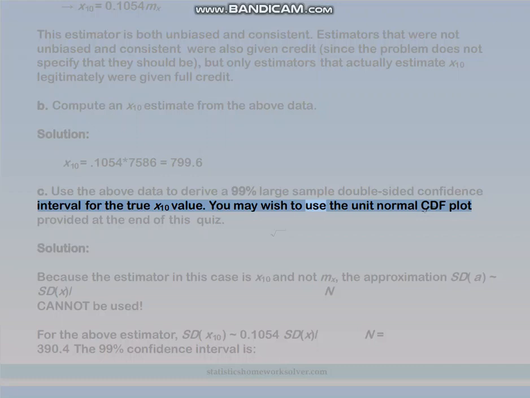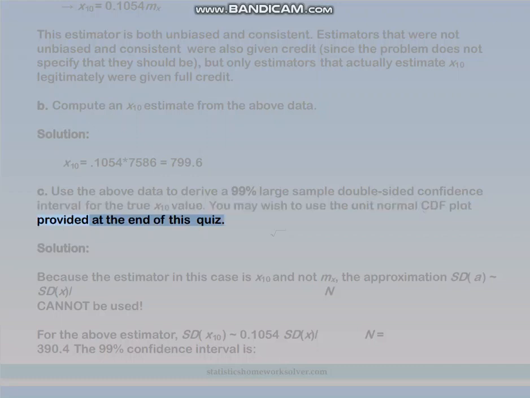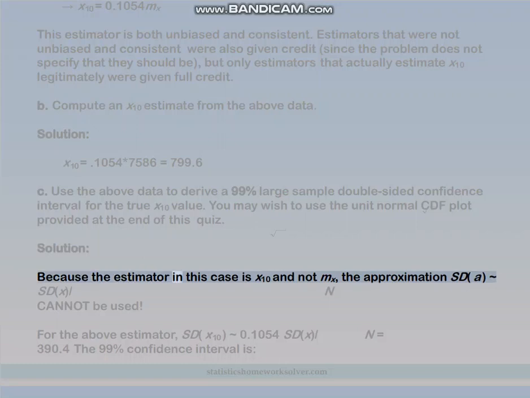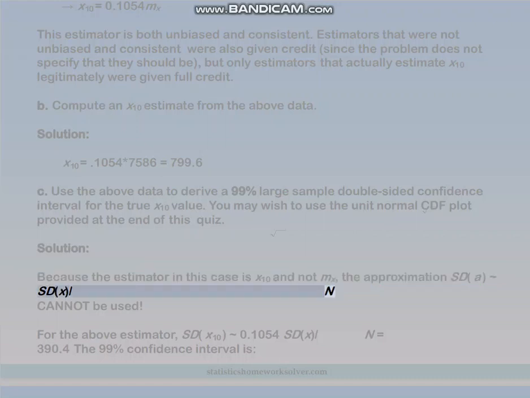You may wish to use the unit normal CDF plot provided at the end of this quiz. Solution. Because the estimator in this case is x10 and not mx, the approximation SD(a) = SD(x)/√n cannot be used. For the above estimator, SD(x10) = 0.1054 SD(x)/√n = 390.4. The 99% confidence interval is